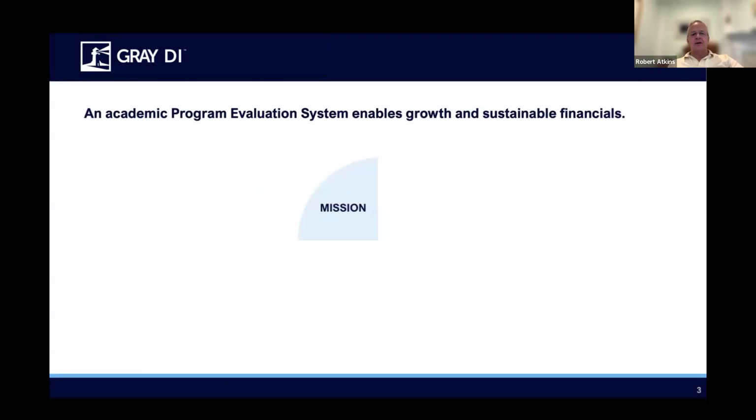A good program evaluation system is more than just software. It starts with your mission and understanding what the university intends to do, and therefore what programs it should start, stop, or grow given that mission. It needs to encompass the academic performance of each program so that we can understand whether the program is enabling its graduates to pass exams like the NCLEX that allow them to enter their profession, or achieving the level of success within the institution that one would expect. Do they graduate? What percentage get grades of D, F, or W?